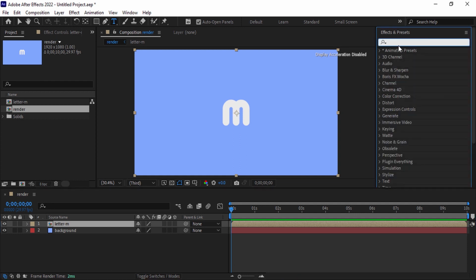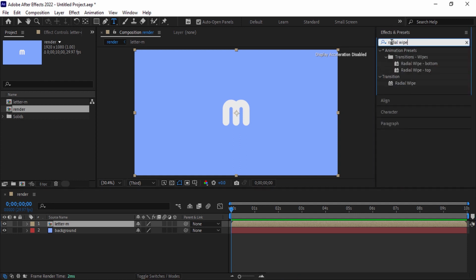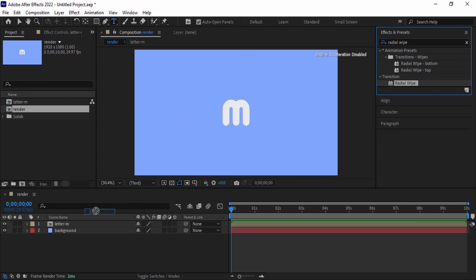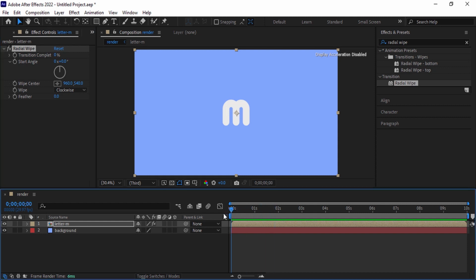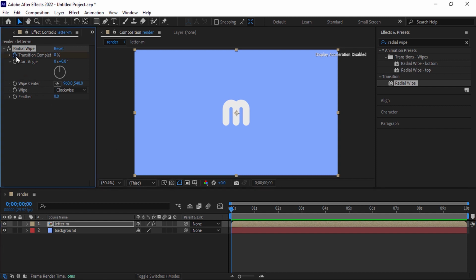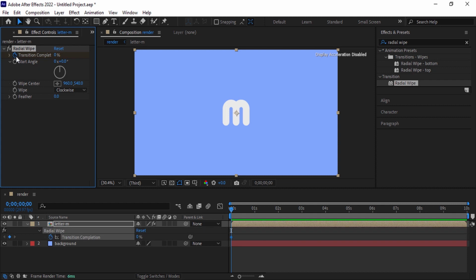Now go to the Effects and Presets and search for the Radial Wipe. Apply it onto the layer and let's adjust a few settings. We are going to use the transition completion for animating this transition. So make sure you are at the first frame and then add a keyframe on the transition completion.